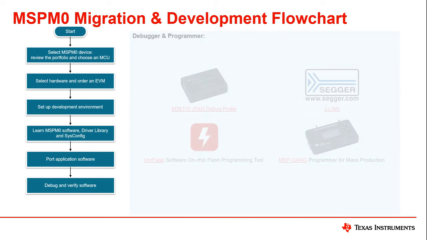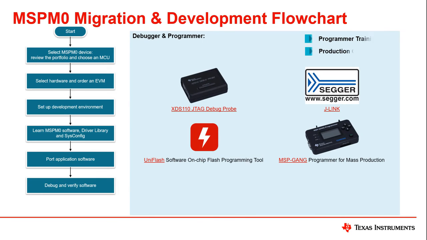Once the initial code development is complete using a LaunchPad, the next step will be to move to development of a custom board. To do this, you will need to choose from a set of available ARM emulators. The most common for development are TI's XDS110 as well as SEGGER's J-Link. You can continue to use CCS or IAR for development.